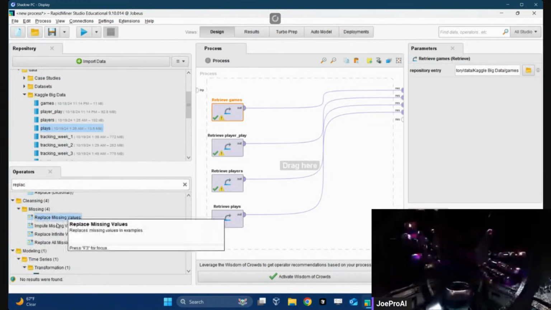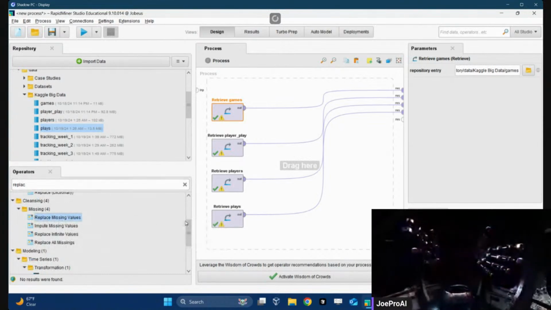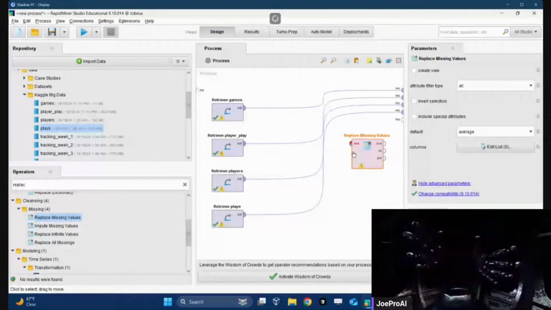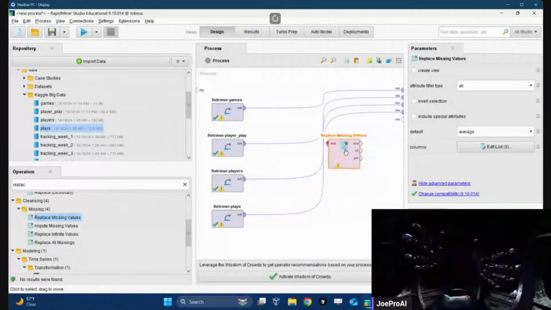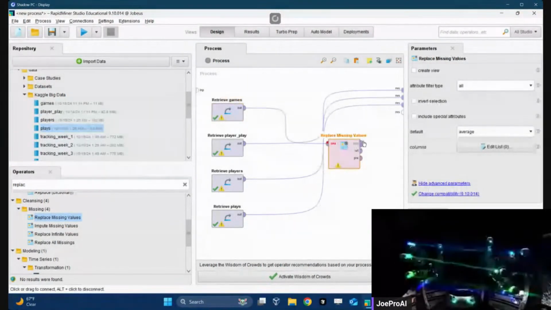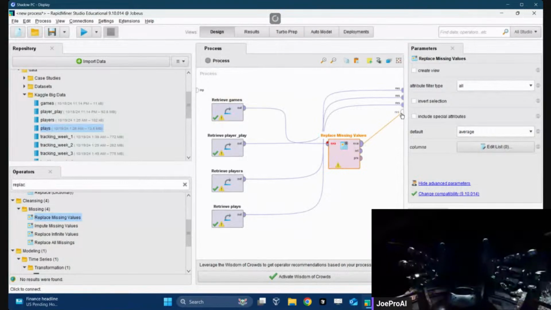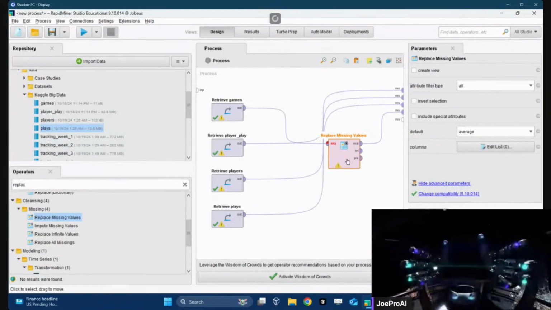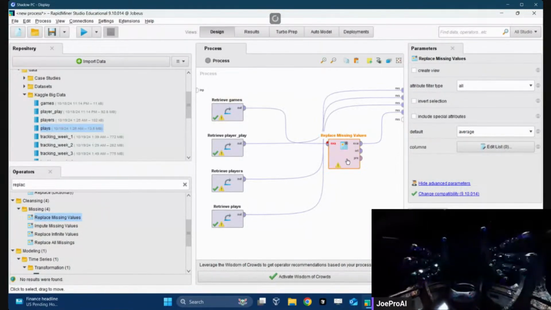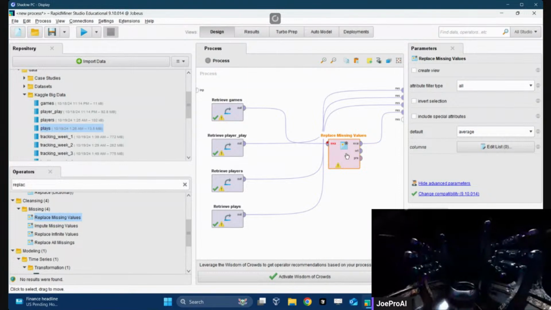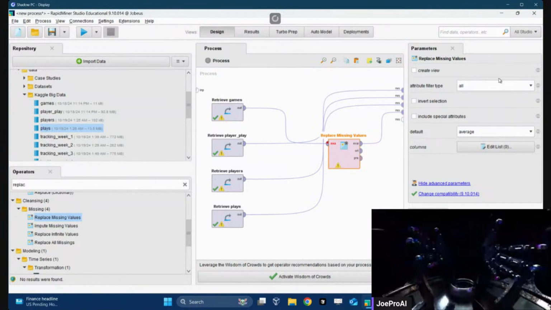Okay, so of these processes are going to be a little bit of different trials and errors. So let's see here what we got going on. So we got